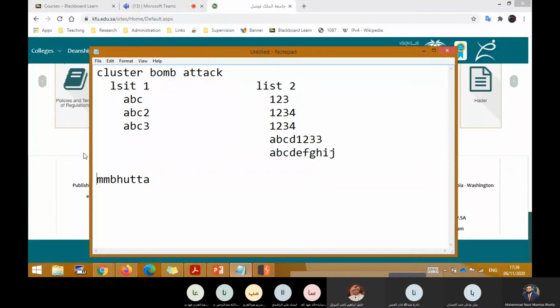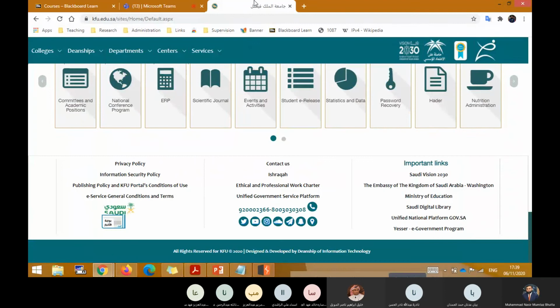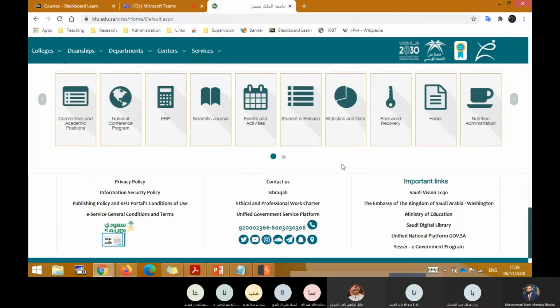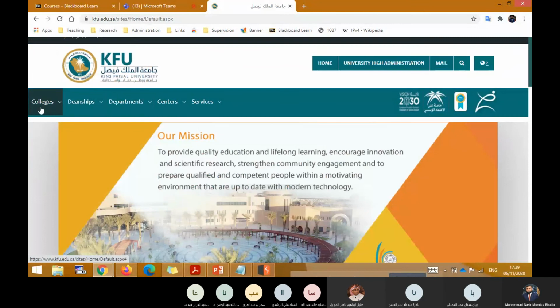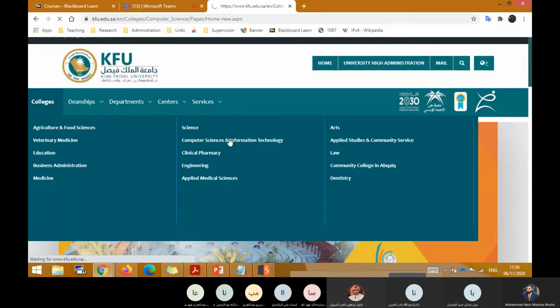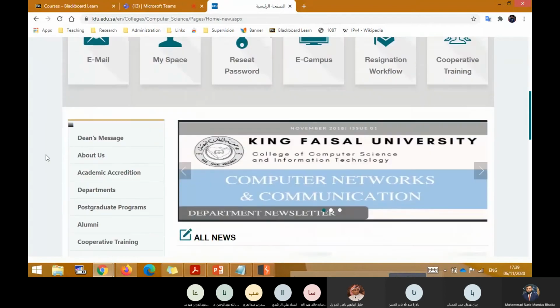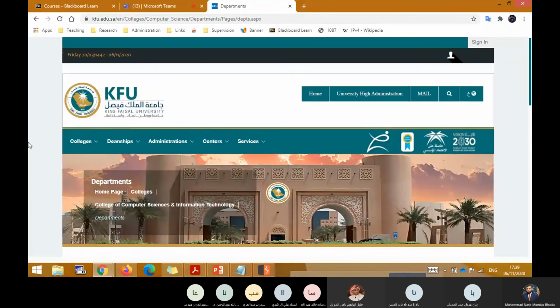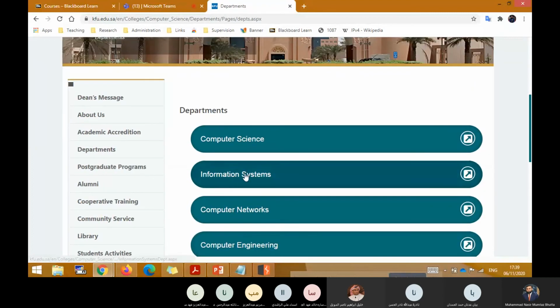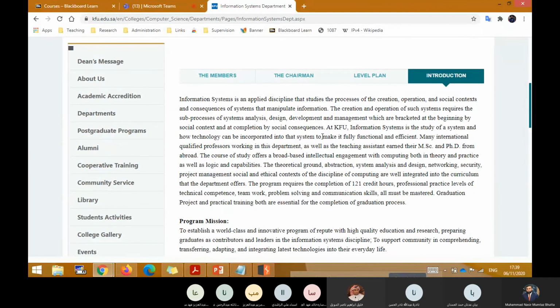So if you want to know the username of any person, any employee, you can go to their website and find out their email addresses. So you can go to, for example, colleges, the College of Information Technology, and you go to departments, and you select, for example, our own information systems department, and you can select the members.